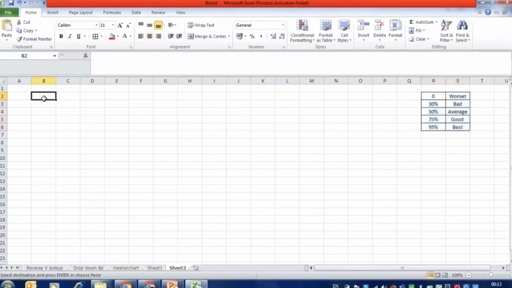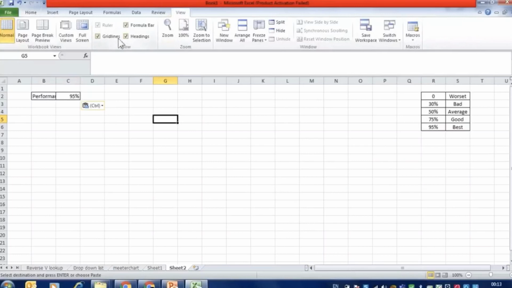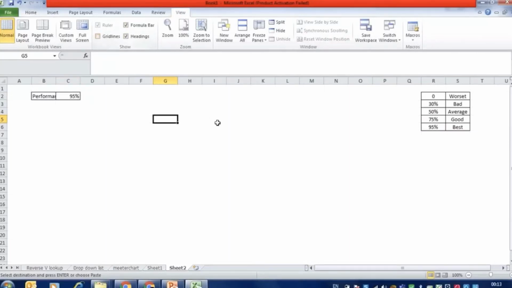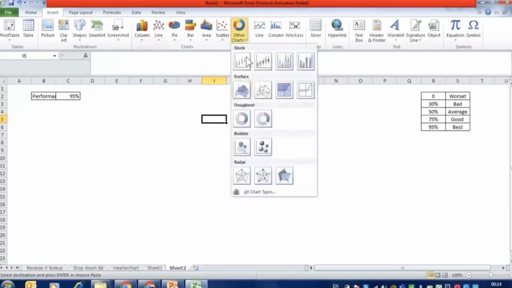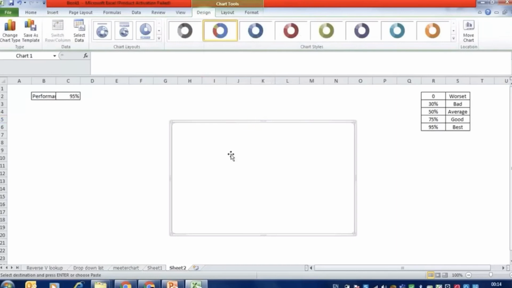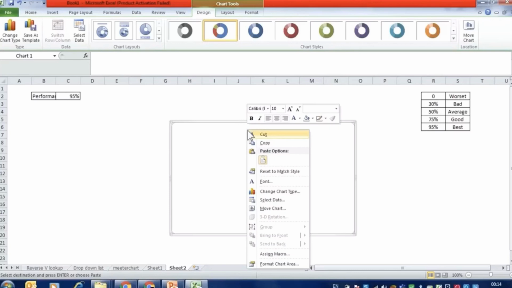First of all, I need to remove the grid lines of the Excel sheet. Go to View and remove the gridline tick. Now I need to add a chart to the Excel sheet. Go to Insert, chart, and click this donut chart. You will receive a blank donut chart. Now I select the data series, right click here, go to select data series,